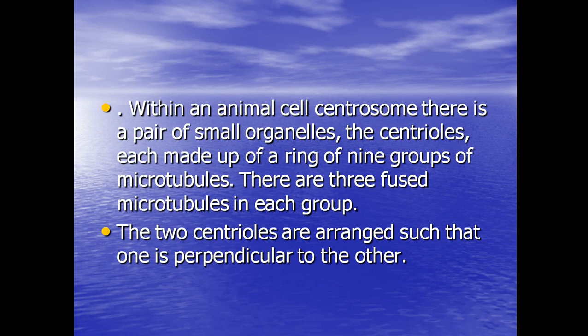Each centriole is made up of a ring of 9 groups of microtubules, and in each group there are three fused microtubules. The two centrioles are arranged in such a way that, as I have told you, they are